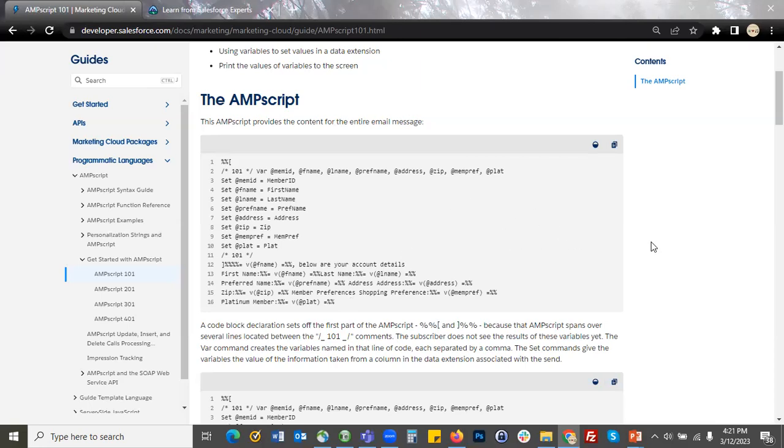As soon as you publish that Cloud Page, you can view the result on your screen itself. The other place where you can use AMPscript and SSJS is Email Studio, where you can make use of emails for learning AMPscript and SSJS.